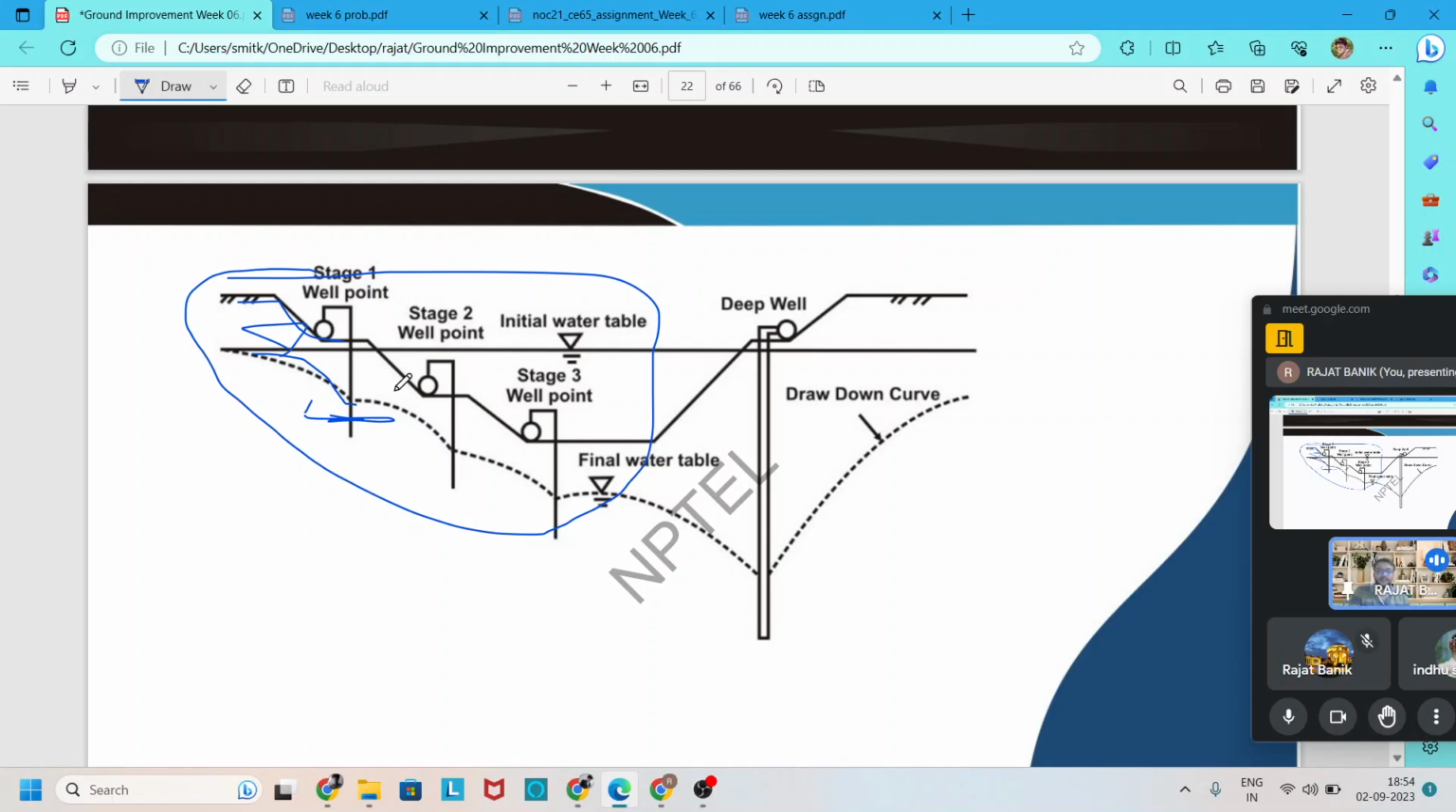Second stage, furthermore, the groundwater table is lower. By this, one excavates up to this level, and a well point system is incorporated here. Like that, the third stage is also used. But if we need to address or reduce the groundwater table without excavating to that much depth,